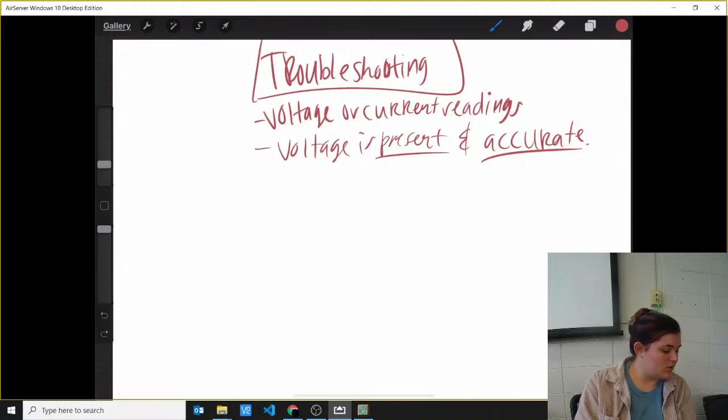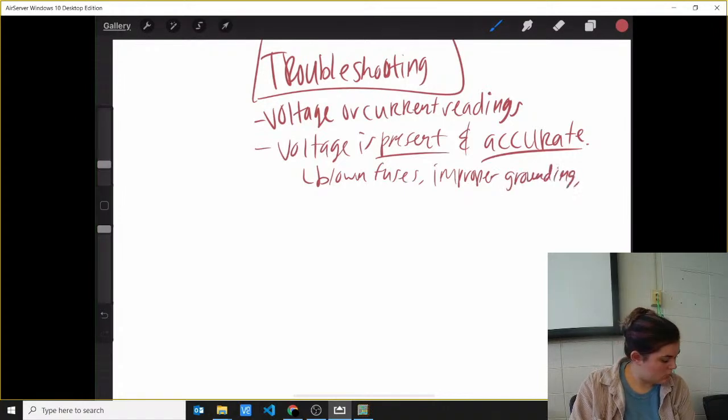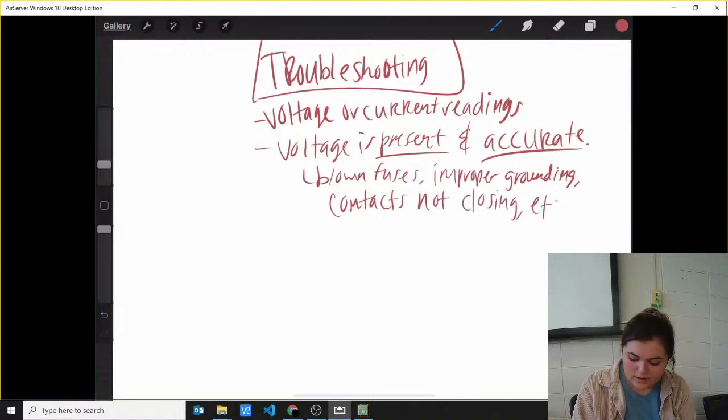Voltage measurements may help determine circuit problems such as blown fuses, improper grounding, contacts not closing, etc. I know this is pretty common stuff, but sometimes it's good just to hear things a million times so it's ingrained in your head. So when you actually need it, you'll remember hearing this 50 million times in class, right? However, voltage measurements alone do not indicate the true condition of a motor because the